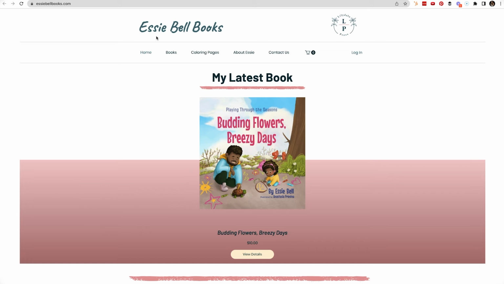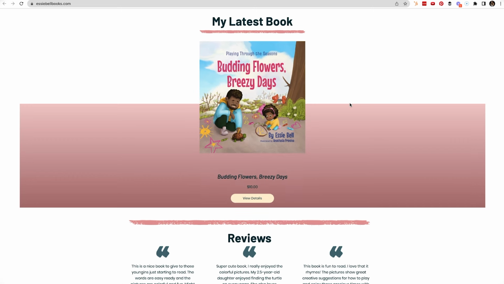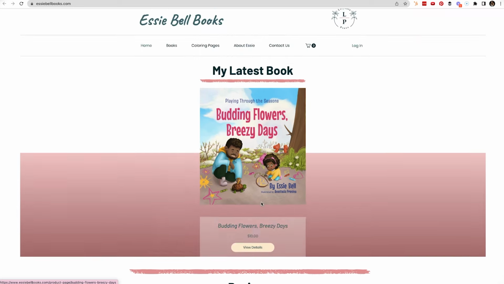I really like this header. I think it's very clear. There's a cute logo. You have all of the menus there, a login, which is interesting, and a cart. So I like that. My latest book, right at the top, you have this here. My first suggestion would be to view details, remove the price if you can, and just have a buy now if you want your first action at the top to be buying the book specifically instead of a lead magnet